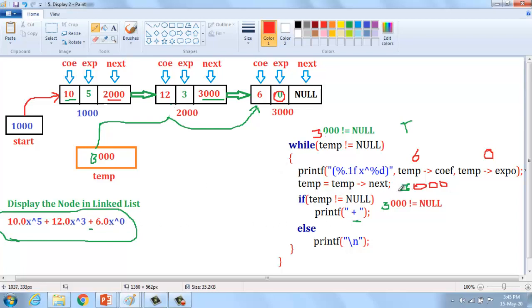Okay, temp equal to temp of next. What is temp? Here temp should be changed into null. Okay, so what is null?